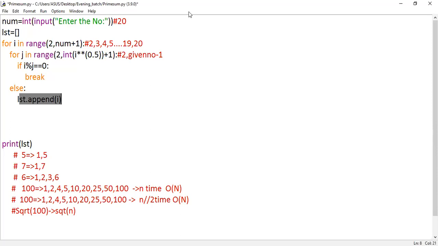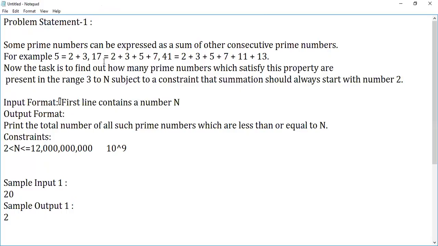And here I told you that I didn't stress one point, right? The point is all about this. I'll show you a question. For any given number, you can note the sum is starting from 2. They are not picking from in between, like 3 plus 5. They are starting only from 2, like 2 plus 3, 2 plus 3 plus 5 plus 7. So always they start the summation only from the first prime number. This is the logical secret behind it. If you crack this one, you can do it easily.